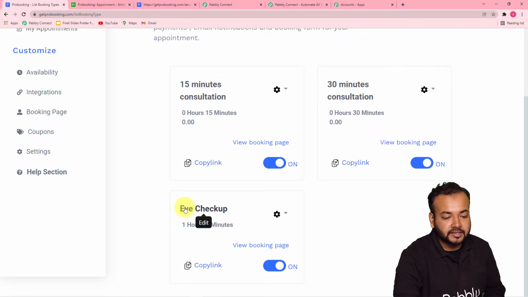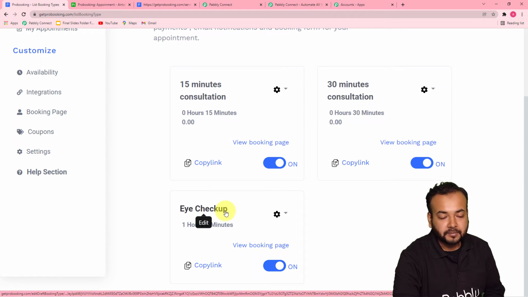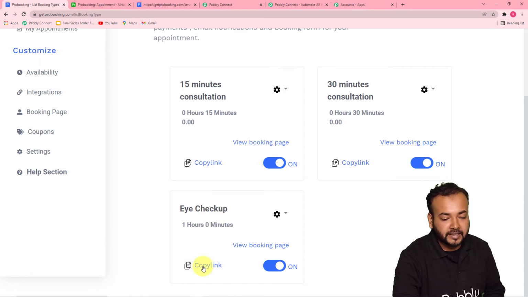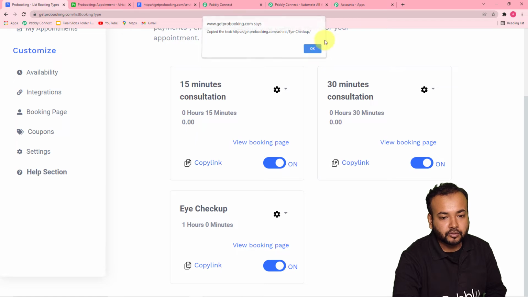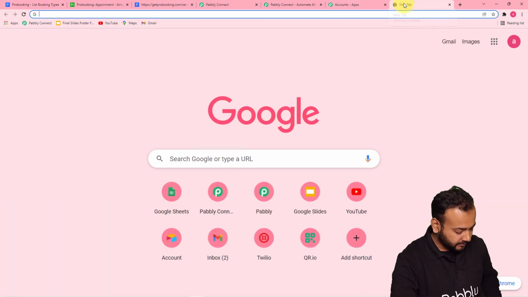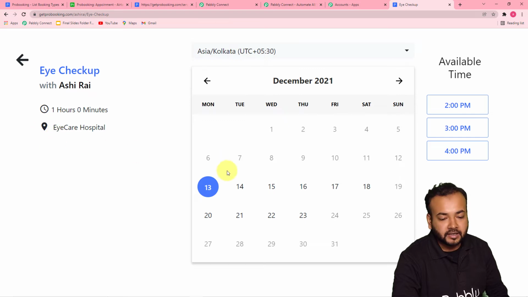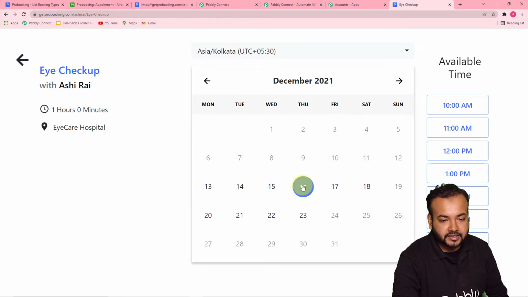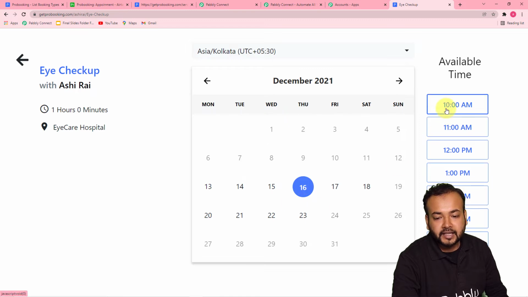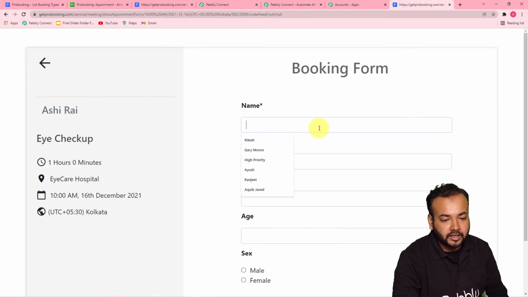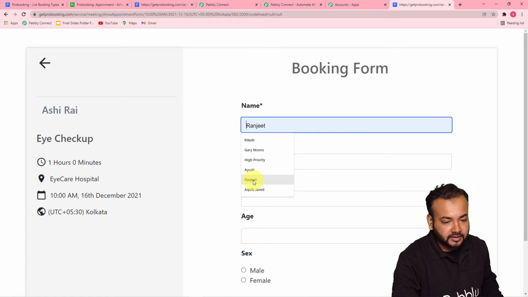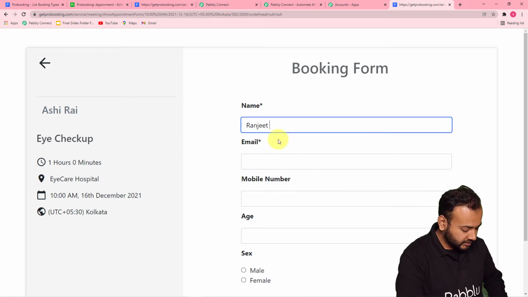So here it is, the iCheckup booking page. I'm clicking on copy link here, and I'm going to open this page in a new tab. From here I'm going to make another demo booking at, let's say, 16th of December at 10 a.m. in the morning. Now let me fill the name as Ranjit Singh.